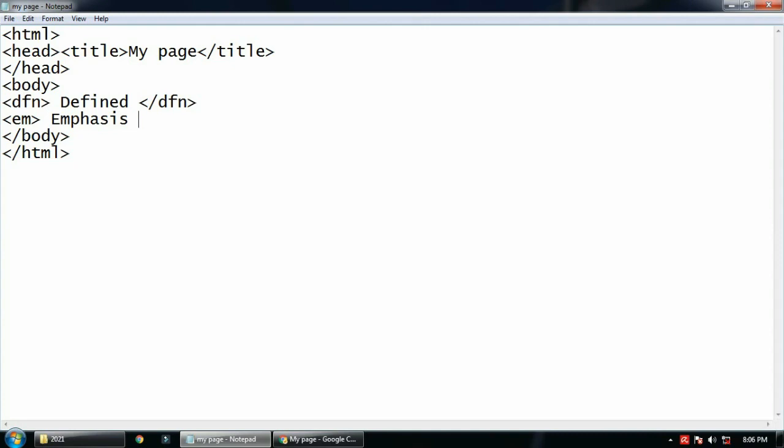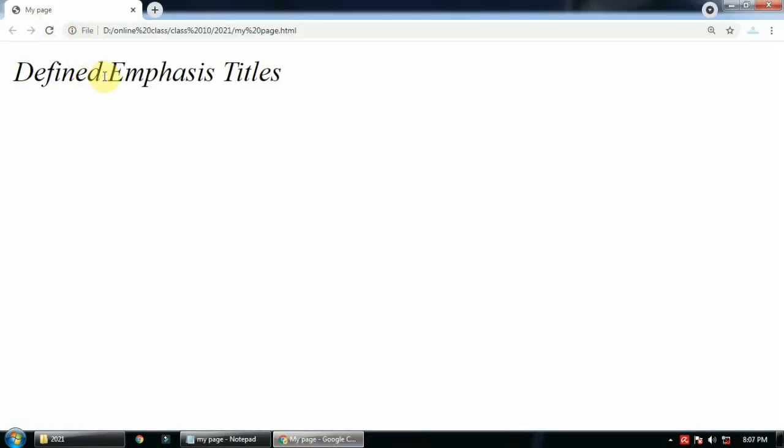It means emphasize. Then you have CITE. Cite is used for writing titles of any book. Let's see these three outputs first.